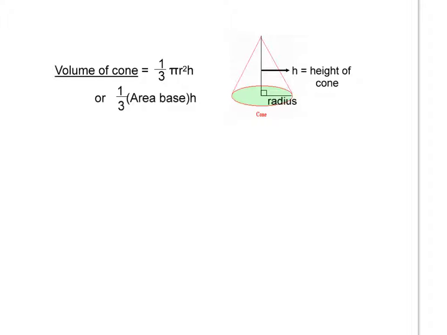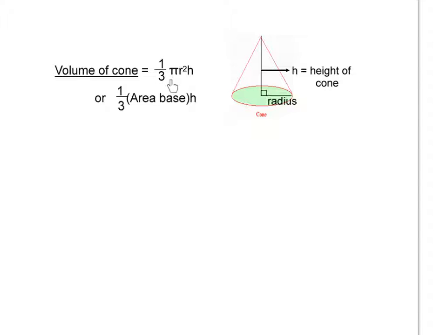Alrighty. As we know, the volume of a prism is the area of the base times the height. The volume of a cylinder is the area of the base times the height. Anything that comes to a point, the volume is always going to be 1/3 the area of the base times the height. So anything that comes to a point, such as a cone, is 1/3 the area of the base,